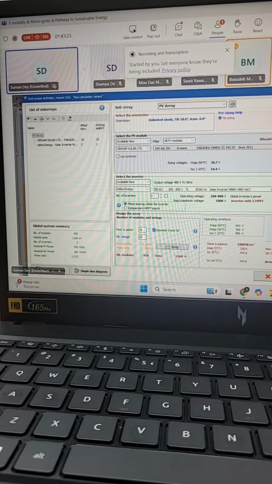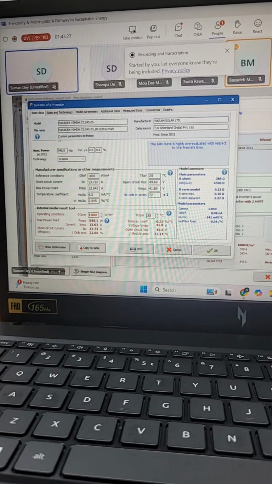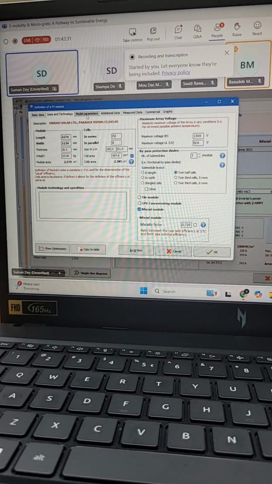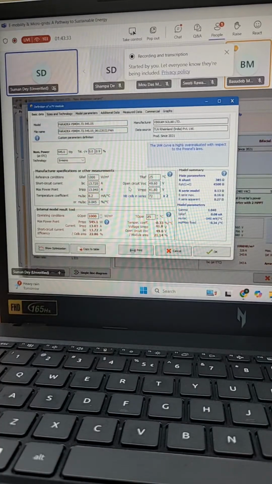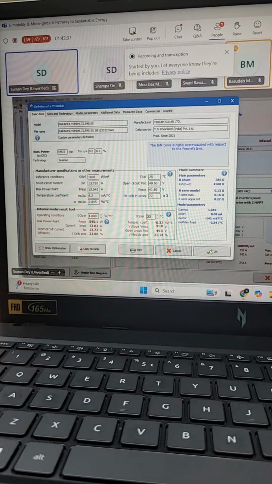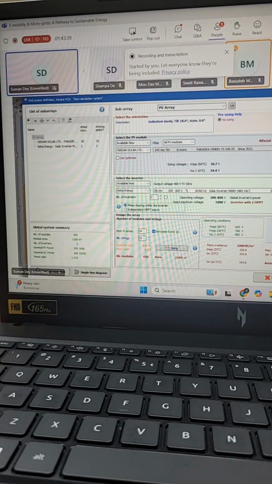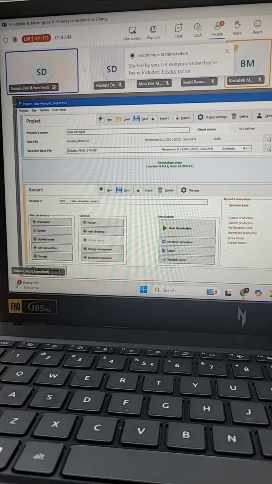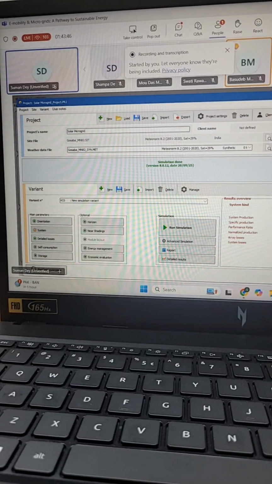Module with PAN file, also we can read the module dimensions, module datasheet, module characteristics, module current and voltage, like this. Those things we need to read to design a solar system. Then once we are selecting the number of modules in series, then the total capacity of, say here,